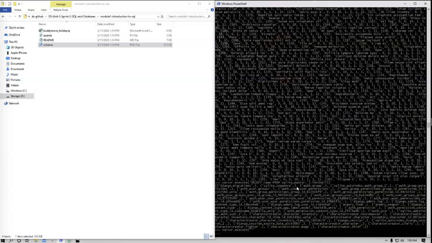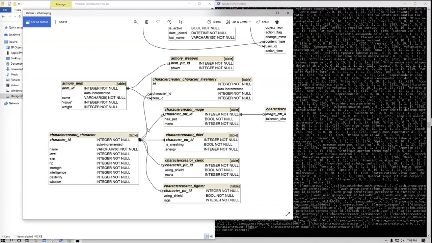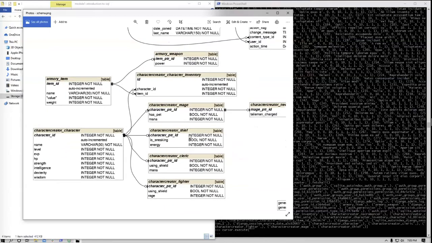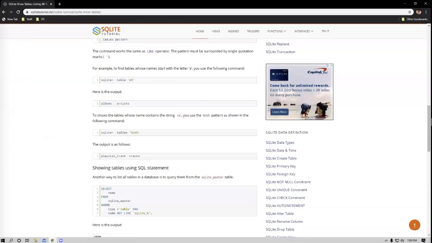Okay? All right. So I need to select basically 2 things, right? I need to select the character creator mage and character creator cleric. I'm pretty sure this would just work if I, hang on one second. I don't think that's a good example.